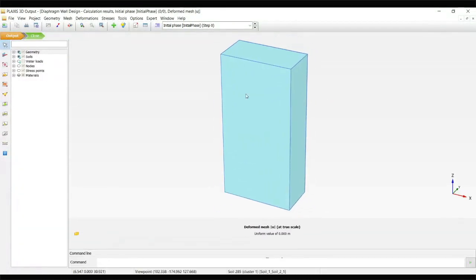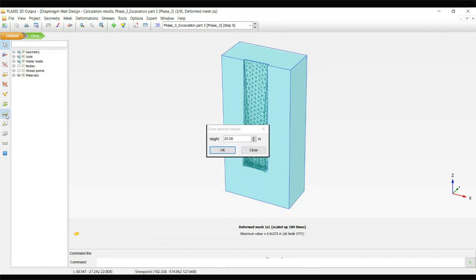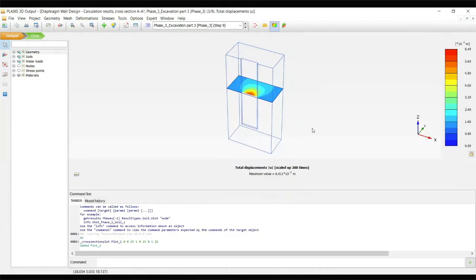Suppose we want to view the total stress at the third excavation, at the level of 25 meters. This is the horizontal cross section at 25-meter level. Let's select OK. Now this is the cross section at 25-meter level.